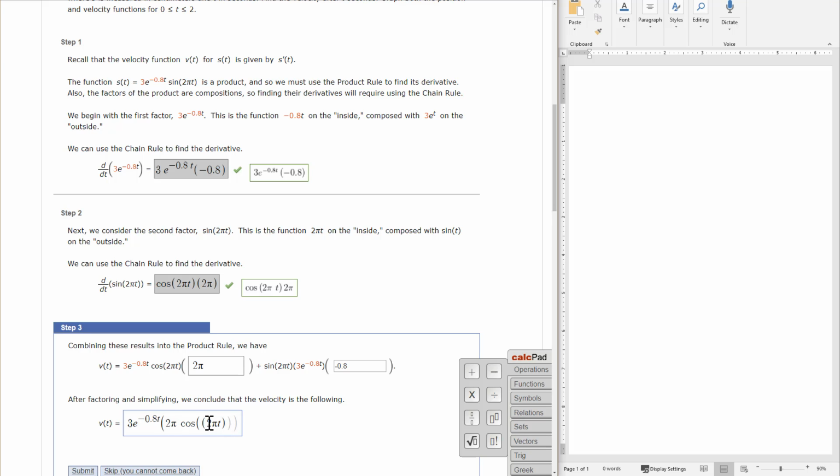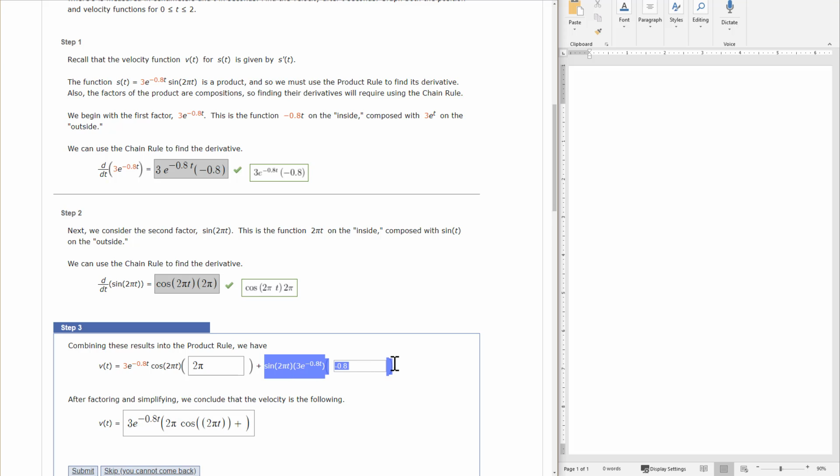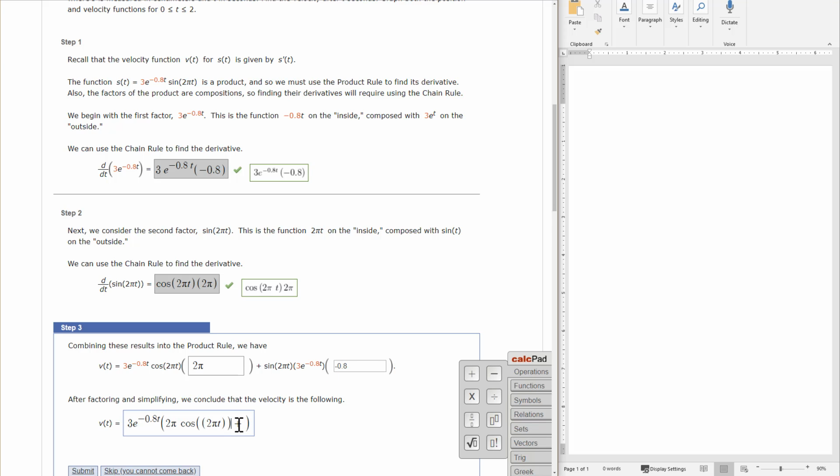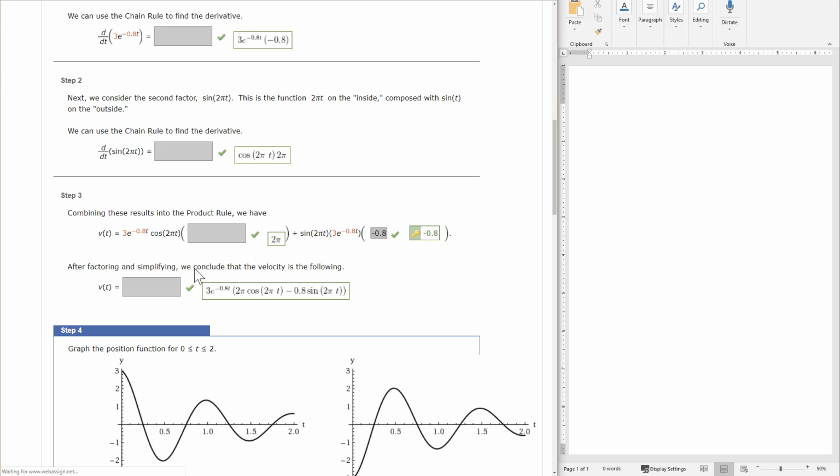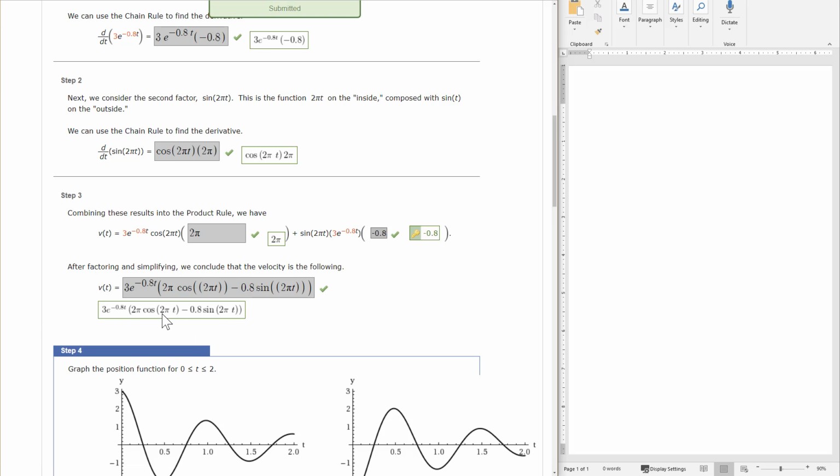So we have extra parentheses here. I guess it doesn't matter. And then plus, we have this term where we take away the 3e to the negative 0.8t. So that's actually a minus, so let's put a minus sign here. And then 0.8 times the sine of 2 pi t. Looks like I put extra parentheses again. Okay, so that should work, minus the extra parentheses, but I think the answer will still amount to be the